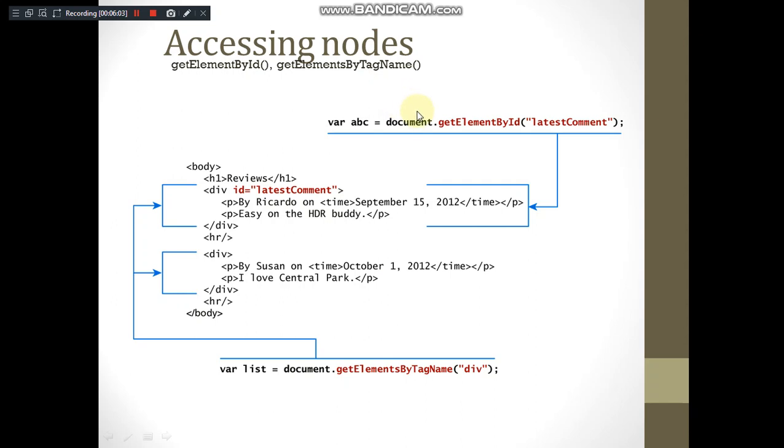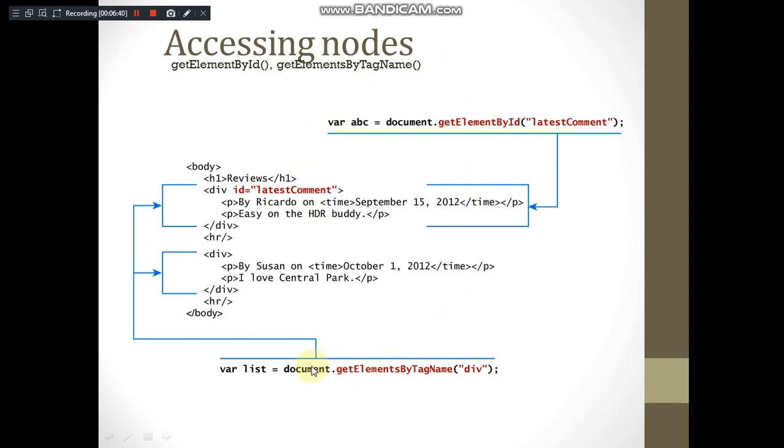As we have not created a new document object, I would like to make use of the default available object, that is document. So the way to call it is document.getElementById, and pass a parameter to this. What we have to pass is the value of the ID attribute of that particular tag which you would like to access. So we would like to access the division tag whose ID is latest comment. This should be passed as a parameter to the function. So when you make use of ABC, it is indirectly referring to the division tag inside the HTML document. This facility can be used in the scripting further.